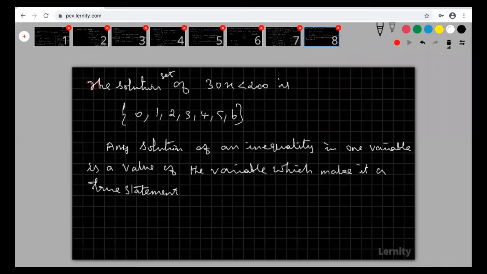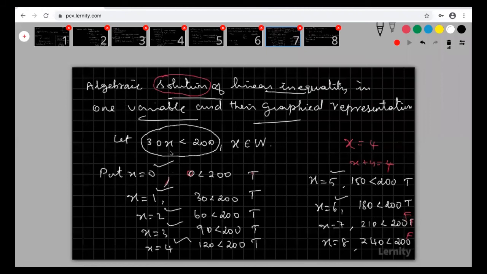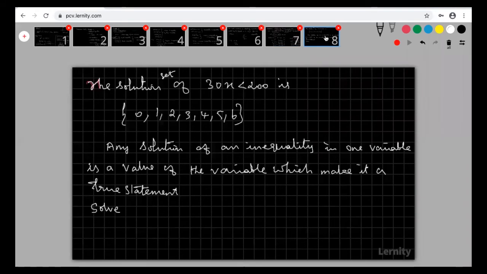Okay, right. So now, how to solve, sir? Is this the only way? Any other way, sir? This is called the trial and error method. I am just substituting 0, 1, 2, 3, 4, 5, 6. But for every problem, the trial and error method is not possible. This is whole numbers, no problem.